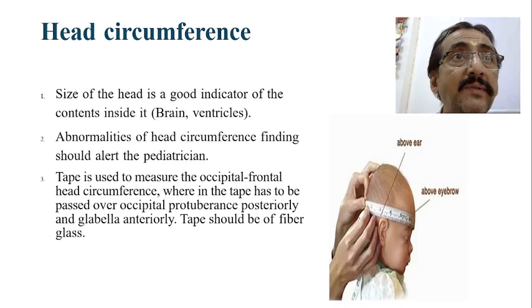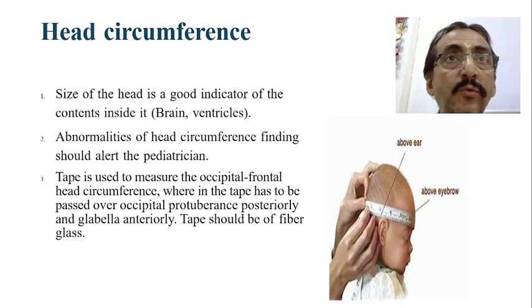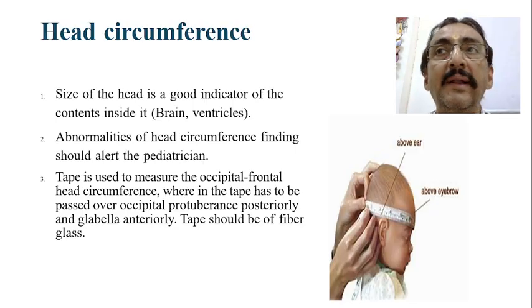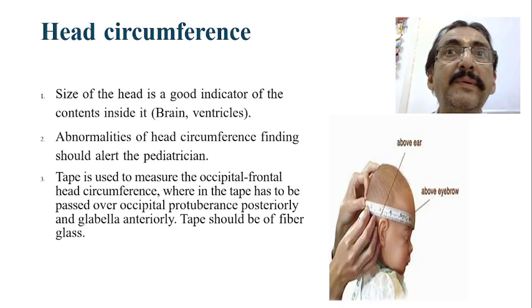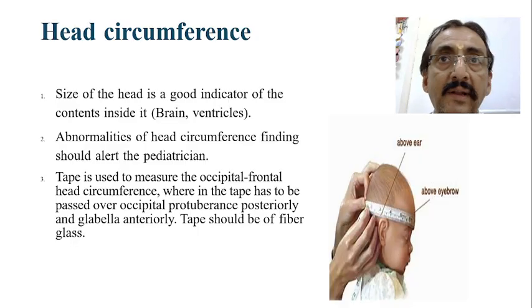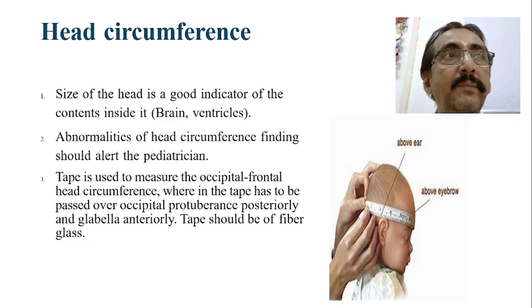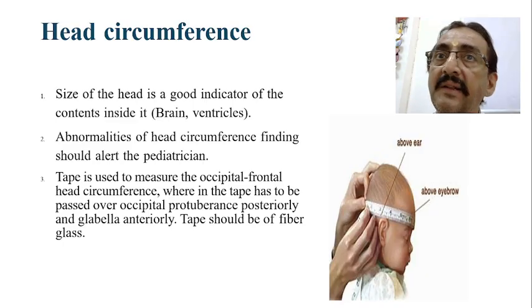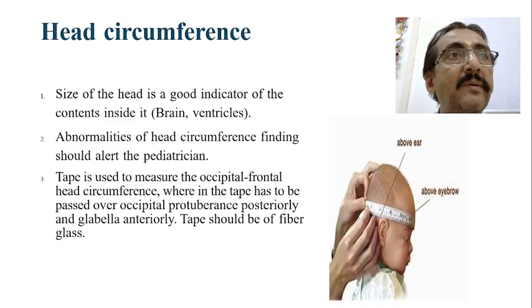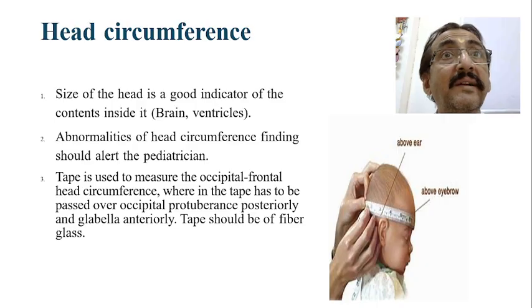See, two possibilities are there. One is that head circumference is going on decreasing or not attaining its range as per the age. Another is that at the time of birth itself, head circumference is very less. Usually we say 33 to 35 centimeters should be the head circumference at birth. If at birth it is less than 33 centimeter, somewhere around 30, 31,